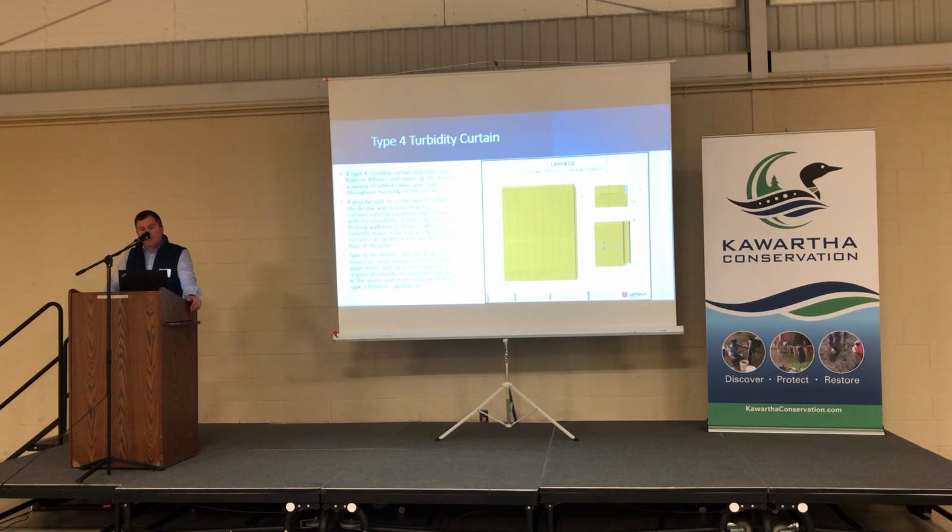And then the fourth version of curtain that is available is what we call a Type 4. Now this one here is really the heaviest duty out of all the applications. We talked about the goal of no turbidity sneaking through. This curtain would be certainly suitable for that application. Enhancements such as Velcro at the different seams to make that seal connection more than just the zip tie or the cable ties in the other versions are possible.